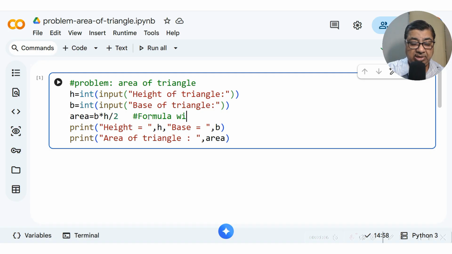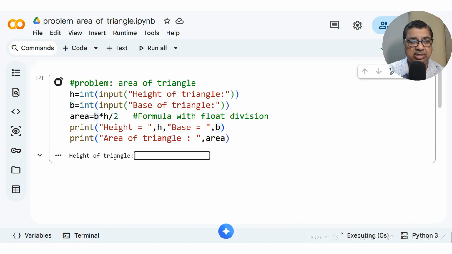Formula with float division. So even though height and base are integer values, area will come as a float value. We'll just see that. And height has been printed, base has been printed, and area of triangle has been printed.